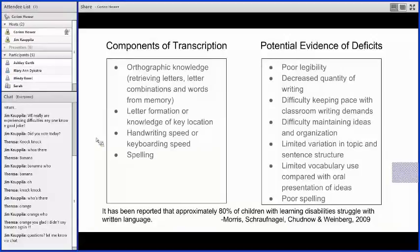So for students who demonstrate difficulty with any of these components or multiple components, some of the evidence that you might see includes poor legibility, decreased quantity of writing, difficulty keeping pace with writing, difficulty maintaining ideas and organization, again because of that link to their working memory being overtaxed by just getting the ideas down on the paper or out on the keyboard. Limited variation in topic and sentence